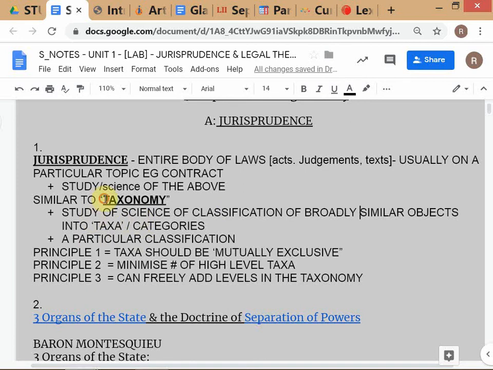So taxonomy is another word which is important for you to be aware of, because as an MBA student it is important to develop the skill of taxonomy. The reason I thought of this word is that it is very similar to jurisprudence, which is also used in two slightly different contexts, and taxonomy is also used in two exactly similar contexts.